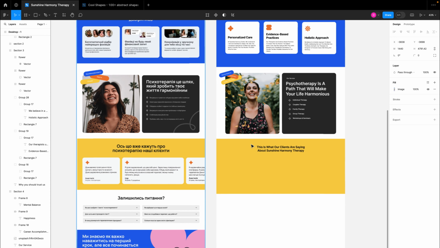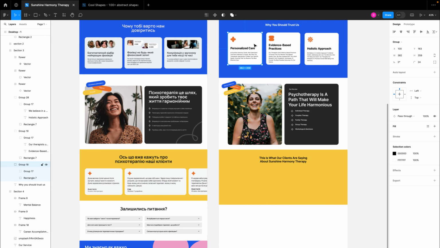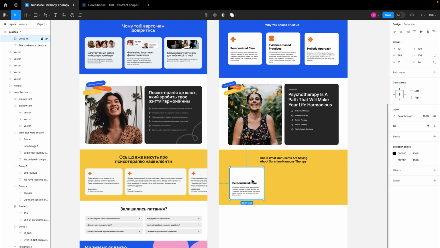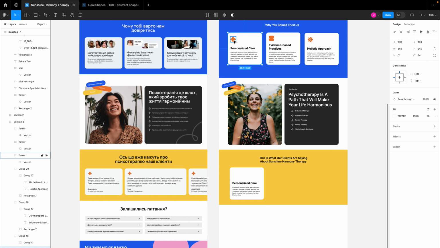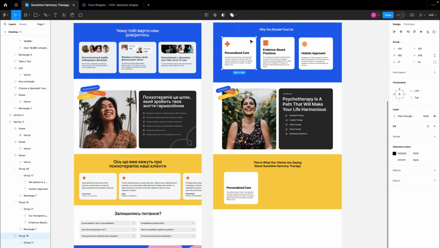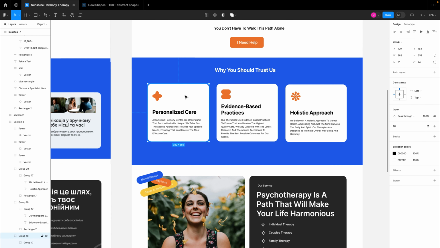So to start creating this, it's going to be very similar to what we have here. So what we can do is take this whole section, hold Alt or Option on your keyboard, click and drag, so we can have a duplicate of this. You also notice that this icon didn't come with it, and this is because we didn't group it with the boxes, and I think we should do that now. So I'm going to select this box and select this icon, and I'm going to hit Ctrl G to group